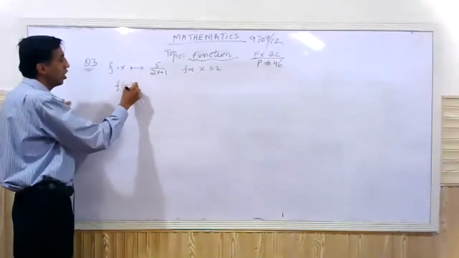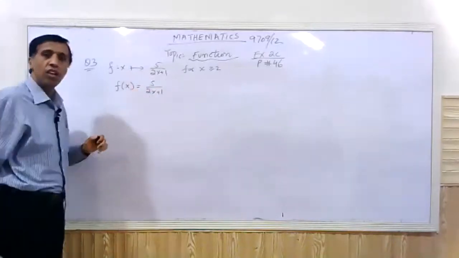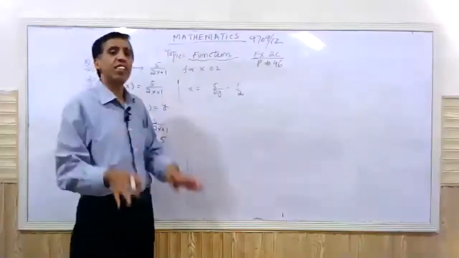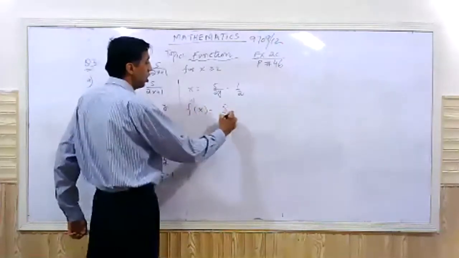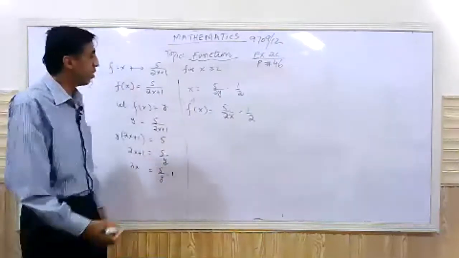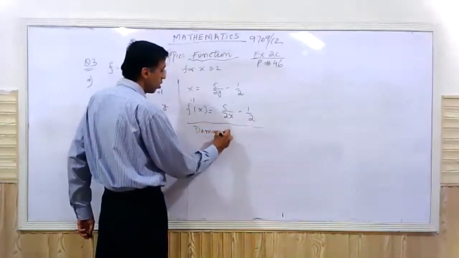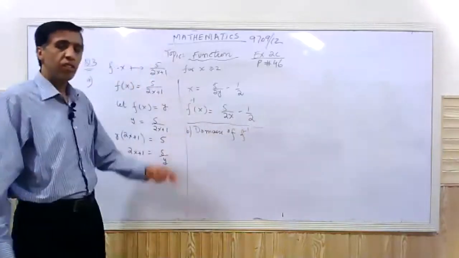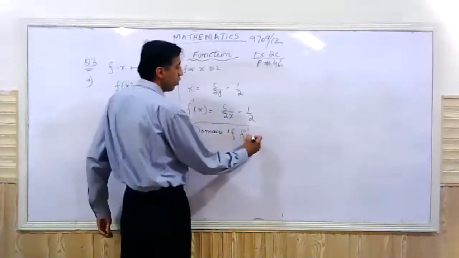And we have to write it in the equation form first. My target is to get the f inverse x. Then we will put the inverse, only change the variable. Inverse means opposite variable. This is the inverse. We have to find the domain of f inverse in B part. The formula what I have told you: the domain of f inverse is equal to range of f.